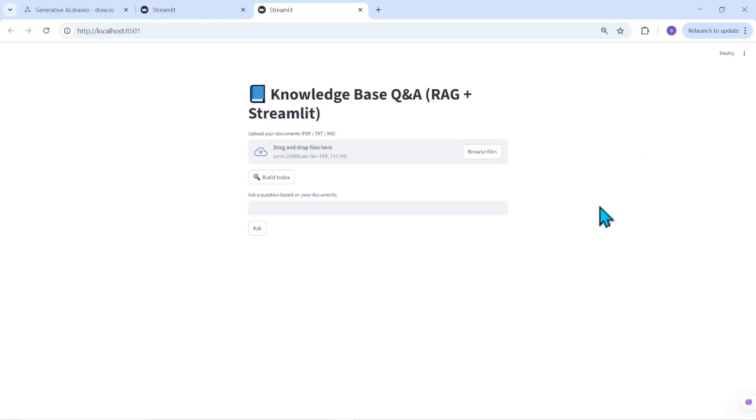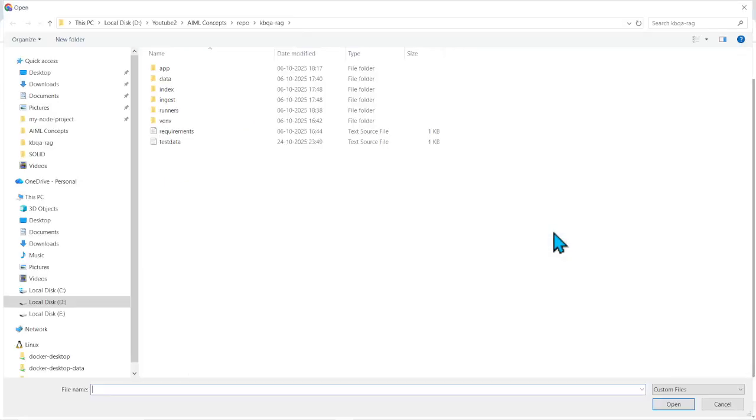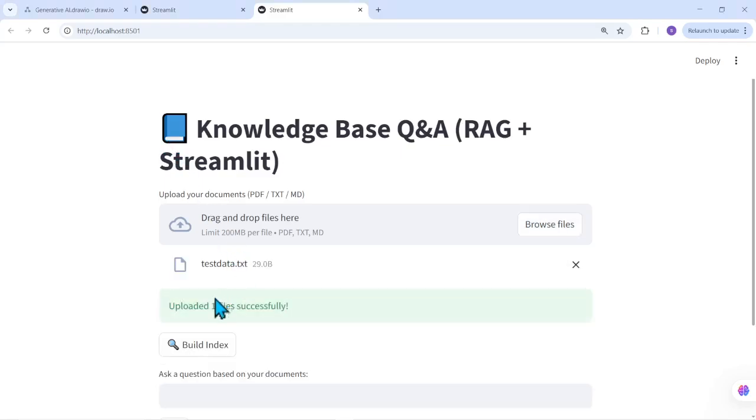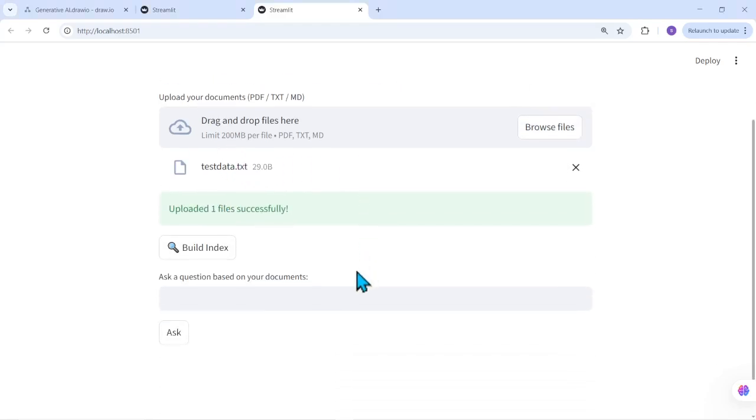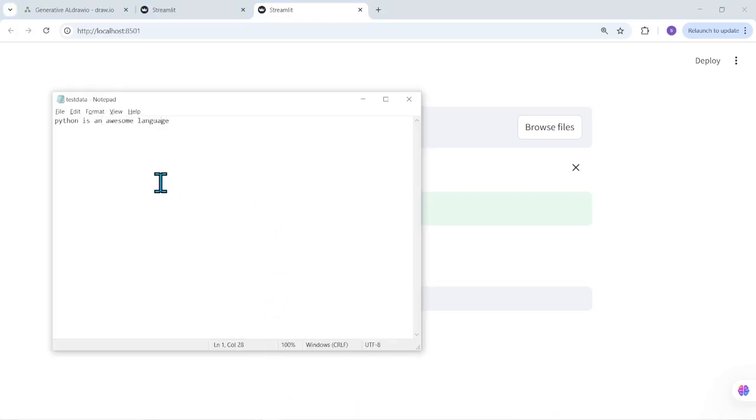In this UI, the primary thing is that we need to upload files here, and we can do various things. So we'll browse the file. This is the simplest file which we have created. It is text data, and it's a single line where we have: Python is an awesome language. So that's the simplest